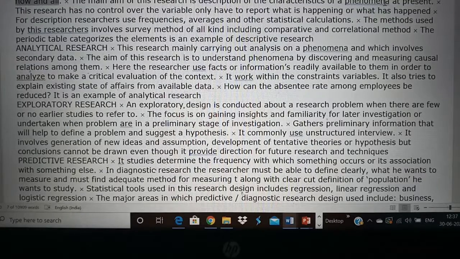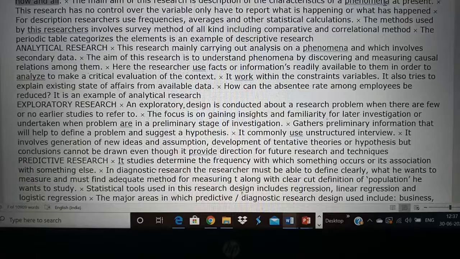So you will analyze the various data that is available. That is the most important aspect of the research. In descriptive research, you will be explaining in detail, but analytical research is more about analysis of a phenomenon based on the data. The data is very important, and you will analyze the data in analytical research. That will help you to come to a conclusion, and this is the purpose of the research.